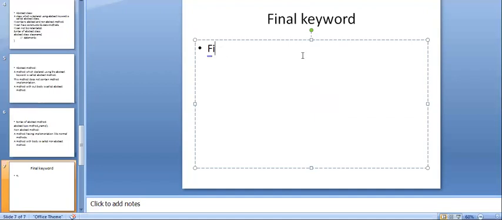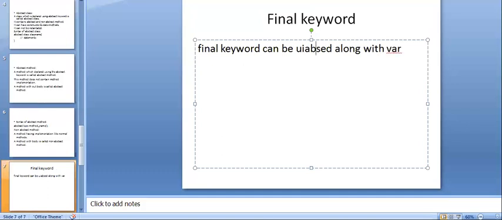The final keyword can be used along with a variable, a method, and a class. Which keyword? The final keyword.